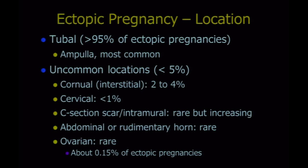So now we'll talk about ectopic pregnancy. As you're probably aware, the vast majority are tubal pregnancies, most commonly in the ampullary portion of the tube. Less common locations are so-called cornual or interstitial pregnancy. Many people do refer to these as cornual. We won't debate the best name, but many people are preferring the term interstitial pregnancy over cornual pregnancy at this